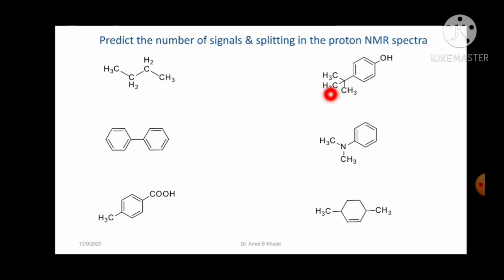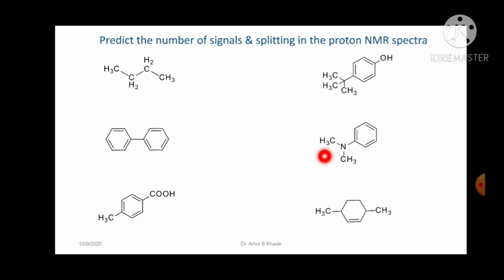So when we talk about the splitting pattern of CH3, the neighboring carbon is this, and this doesn't have any proton. Okay, because the carbon valency is fulfilled here. So this CH3 will be giving a singlet. All these CH3 will club together, and it will give only one singlet of high intensity. After integration you will find there are 9H or 9 protons. OH also will be giving a singlet, and then aromatic protons will appear as a multiplet here.